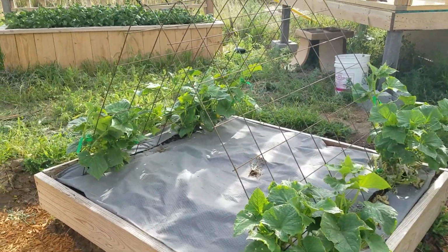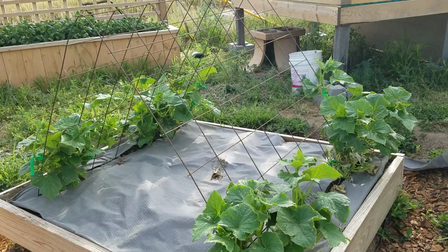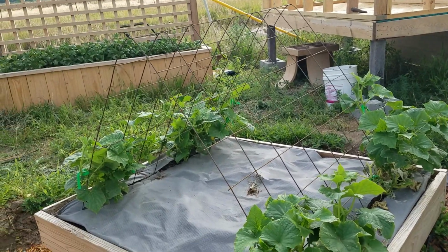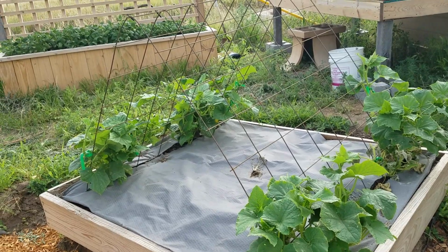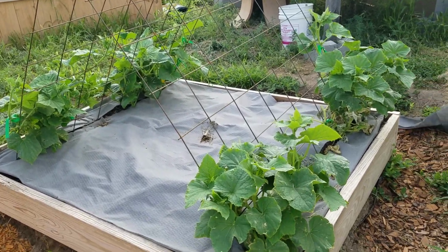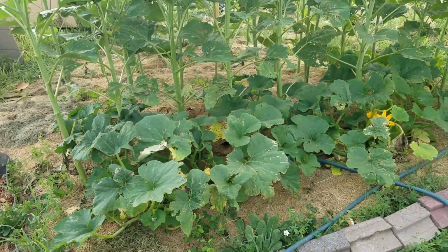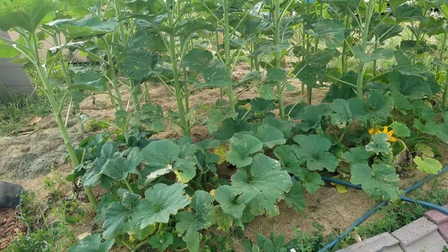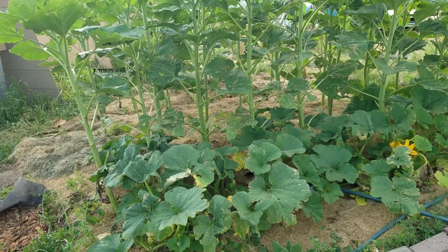Cucumbers, they're doing very well. I planted these weeks behind schedule, but they are finally starting to branch out, vine out. So hopefully I'll get some cucumbers here in the very near future. The pumpkins I planted with the sunflowers are doing very well. Well, the sunflowers are doing very well, and so are the pumpkins. They're not doing bad, but